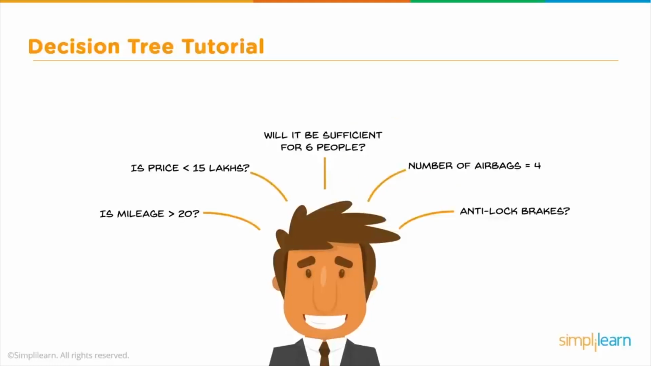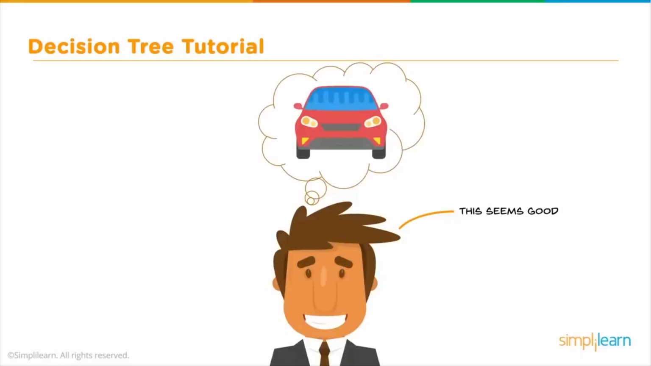Is the mileage greater than 20? Is the price less than 15? Will it be sufficient for 6 people? Does it have enough airbags, anti-lock brakes? All these questions come up. Then as we feed all this data in, we make a decision. And that decision comes up, oh, hey, this seems like a good idea. Here's a car. So as we go in through this decision process using a decision tree, we're going to explore